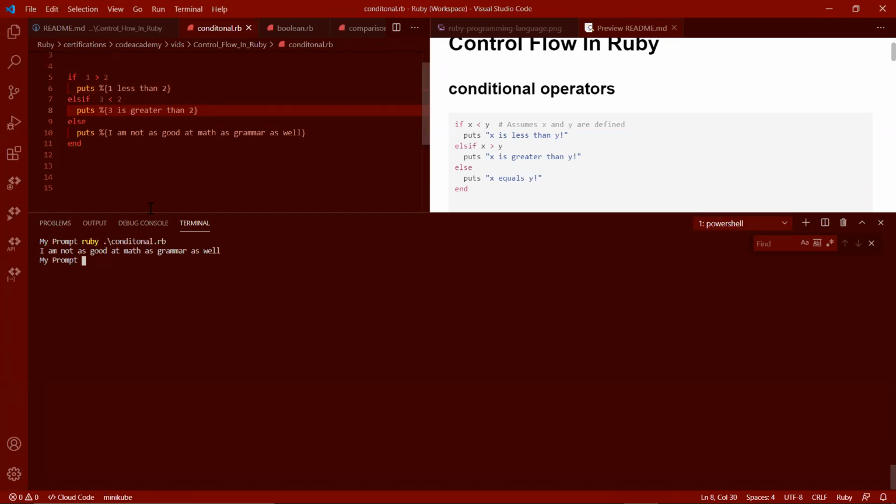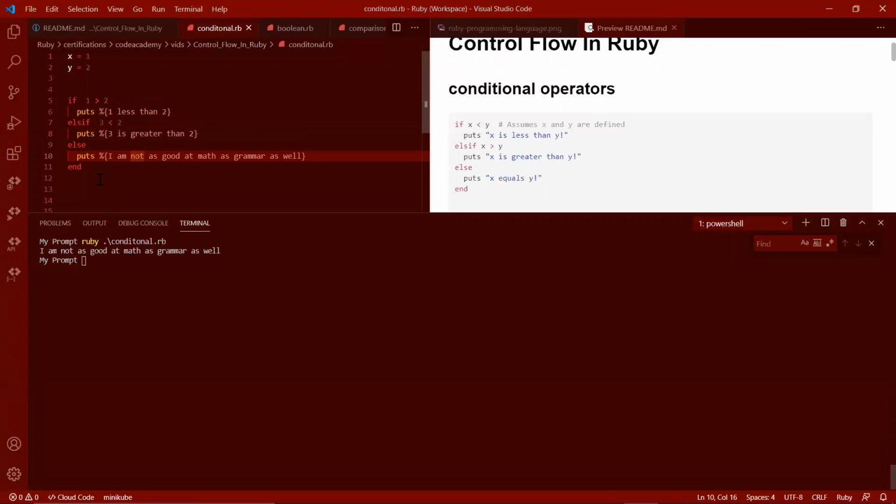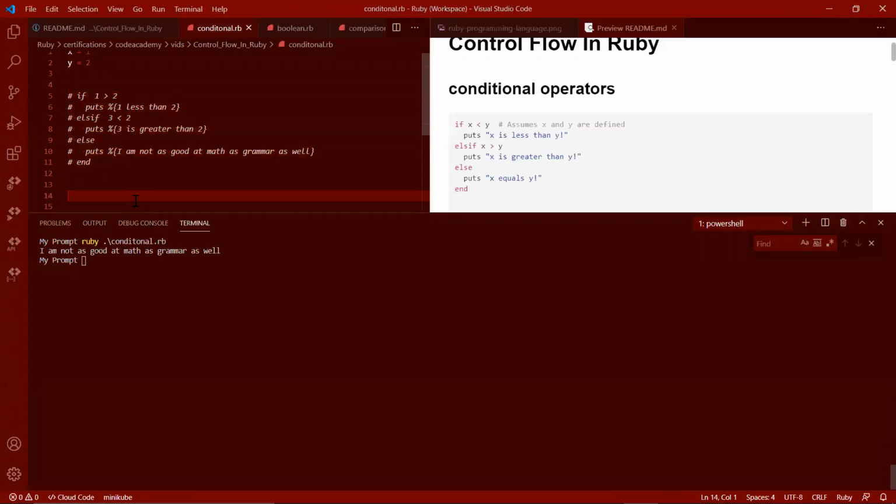All right. So now 1 is greater than 2. That's false. 3 is less than 2. That's false. So we have no more comparisons to make. We want to go ahead and use the else clause. So that's going to be that. Try to put this in a function. I'll just comment this out for now. So say for example,